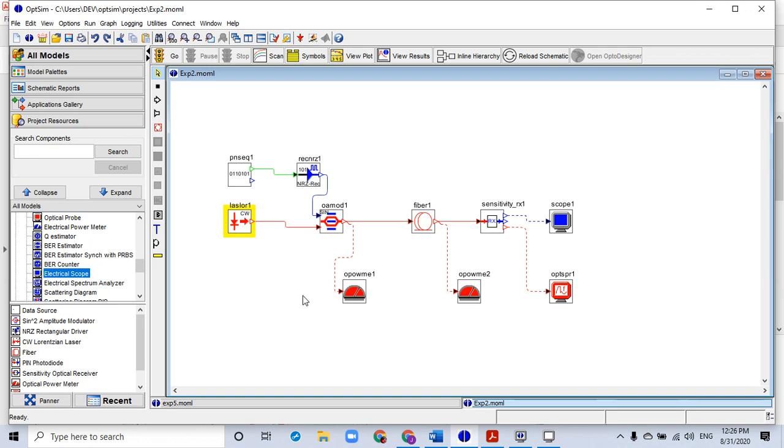You'll have to first measure the optical power meter readings for 1 and 2, and then you'll have to measure the values of Q factor, BER, the jitter, and the eye opening for all the four different lengths of fibers, right?